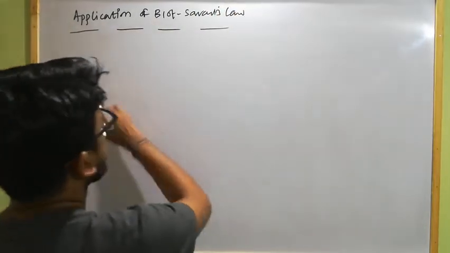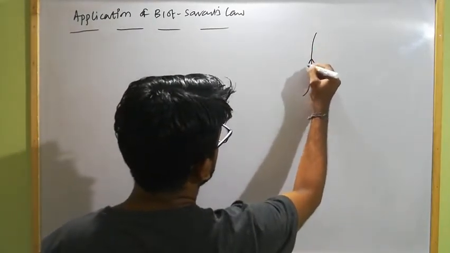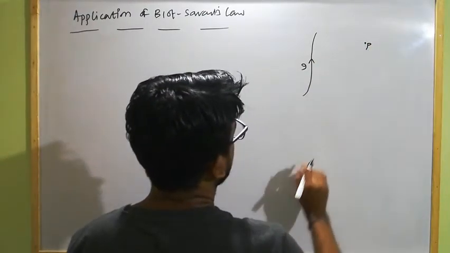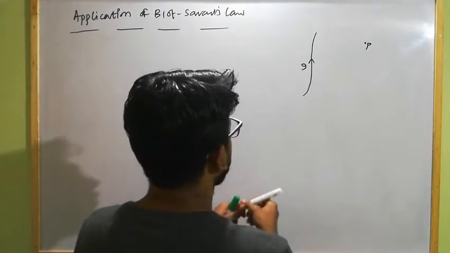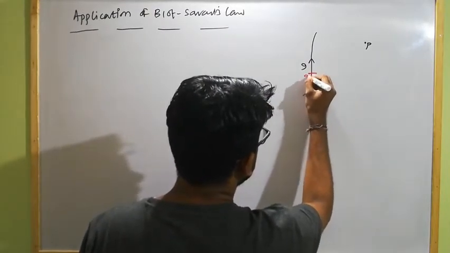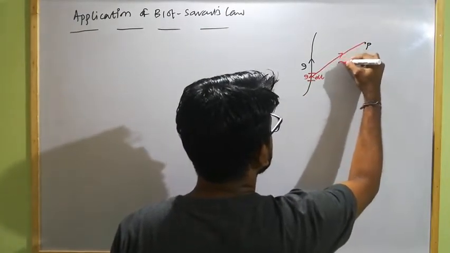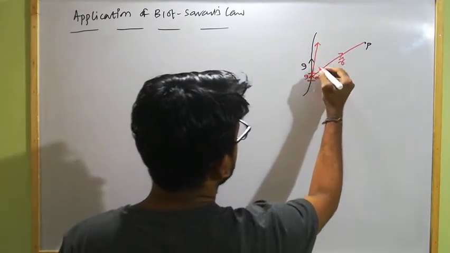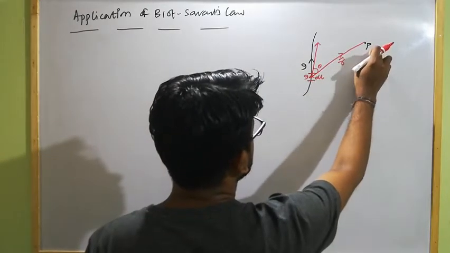Previously we already discussed in the previous class that according to Biot-Savart's law, if this is a current carrying conductor carrying current I, and here is a point P where we want to calculate the magnetic field strength due to this current carrying conductor, first of all we have to imagine a current carrying element of length dl, which carries current I, and the position vector of the point of observation from this is the r vector. This is the tangent which denotes the direction of the current carrying element, and the angle between the direction of the current carrying element and the position vector of the observation point is theta.